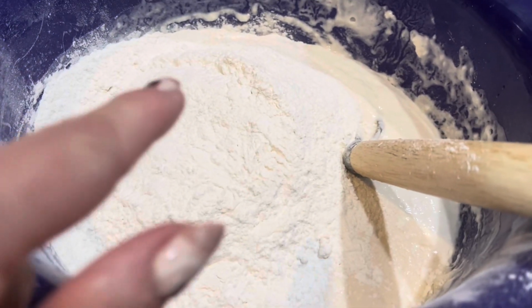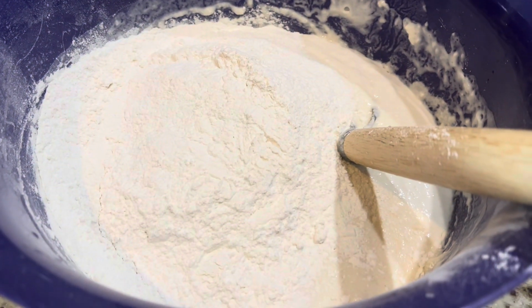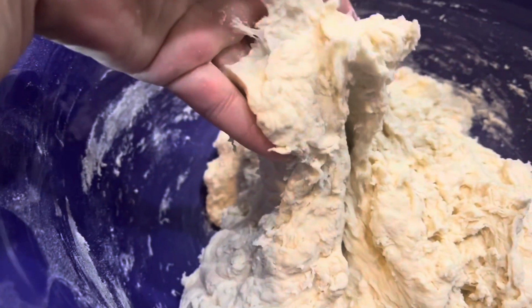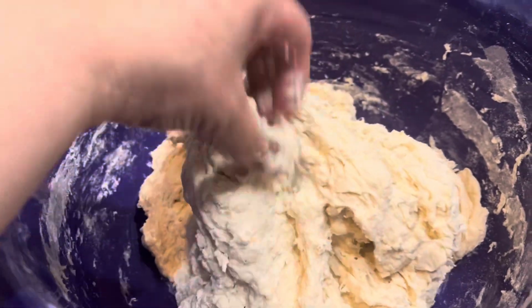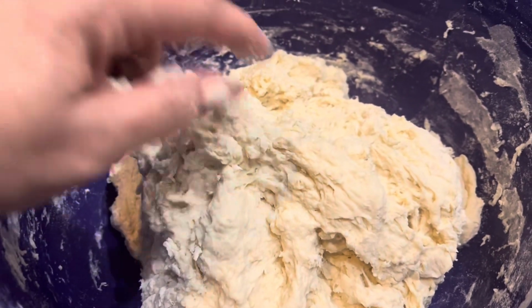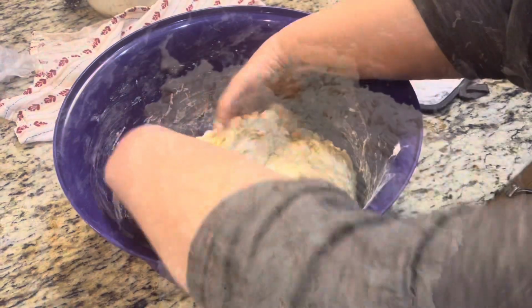Now there's the rest of the flour, 4 cups of flour. I'm going to stir this together and then cover with the towel and let it rest for 30 minutes, and I'll start my stretch. The dough will look like a shaggy dough. So we're gonna let this rest for 30 to 60 minutes. I'll probably come back in 30 and stretch and fold. So cover it with a wet towel. We'll be back. We're gonna stretch it